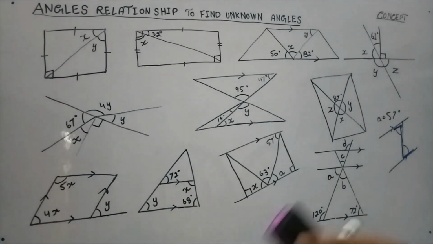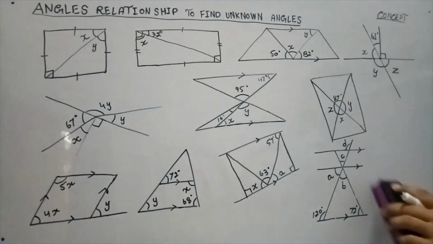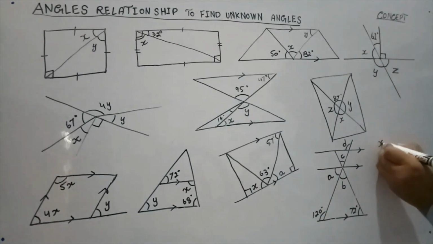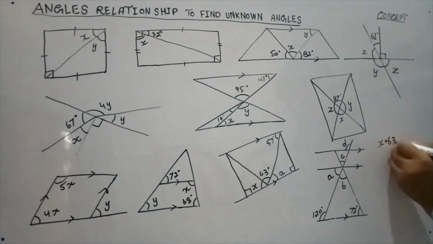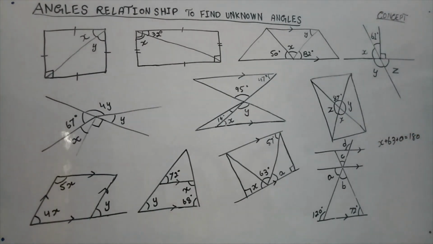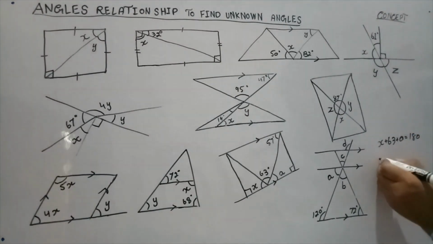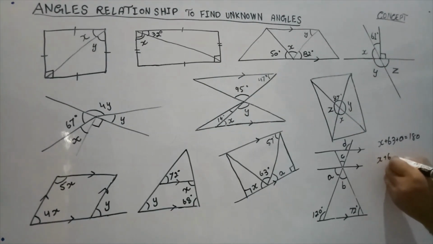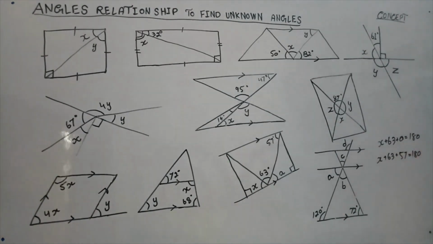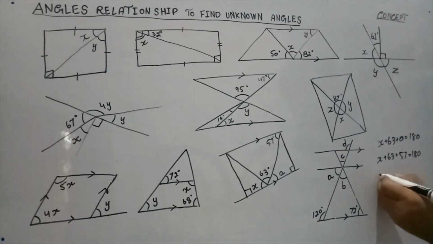Now we will apply the straight line theorem. It says that x plus 63 plus A will equal 180 degrees. So if I put the value of A here, which is 57 degrees, we get x plus 63 plus 57 equal to 180 degrees. Now if I add 63 and 57, it gives me